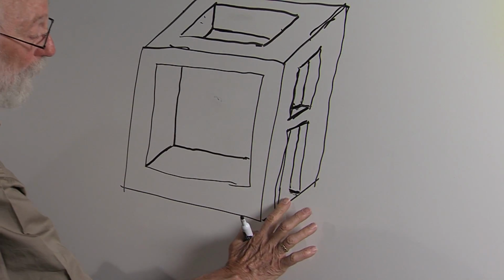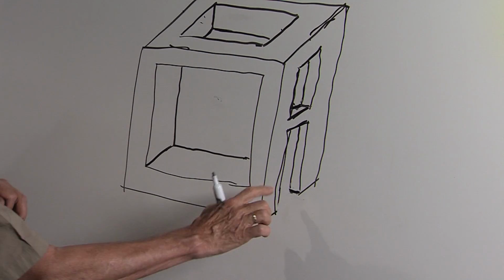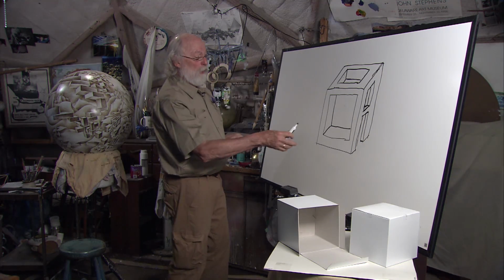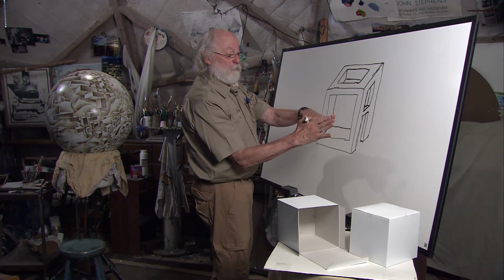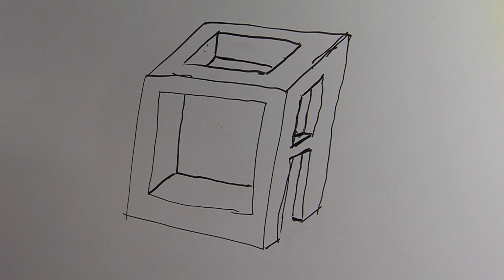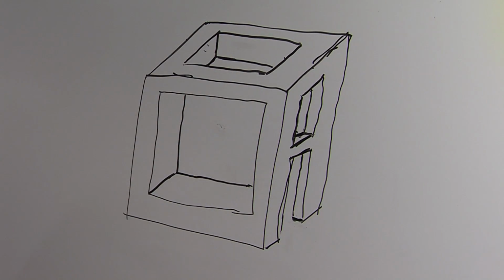Now, in actuality, you'd erase this line too, because that would now be the same plane inside here as out here. As we know, if it's a change of plane, you create a line, but in this case, there wouldn't be a line. So there's an example of a hole on 3 different sides of a cube.